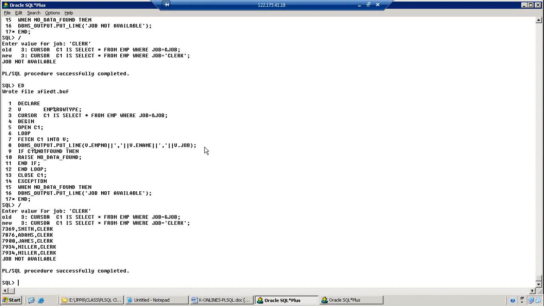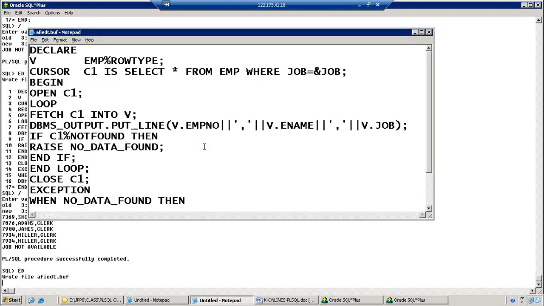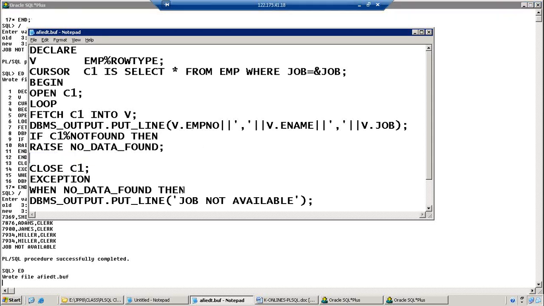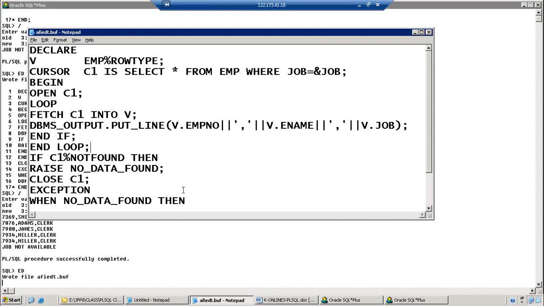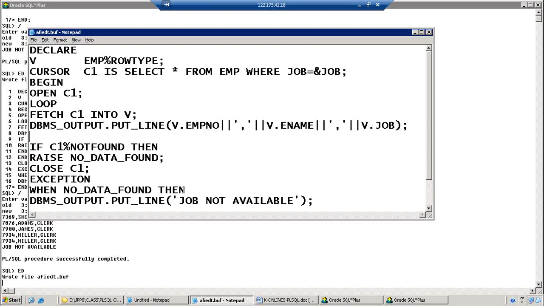Where exactly we made the mistake? If C1%NOTFOUND, then